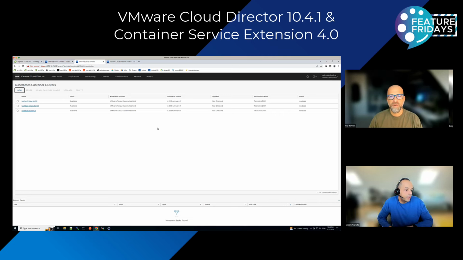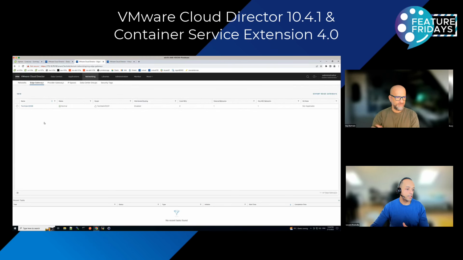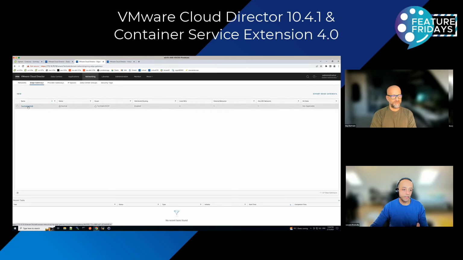So this is here the clusters. One of the things that I want to show you before we show you how to create a cluster is actually the edge configuration here for the tenant, because for the CSE obviously you don't need to have any load balancers created. It's only for the tenant edges. So if you go here for the tenant edge under load balancer, you see it's active, and you see this is here the subnet that I was telling you about. That's the special service subnet, which is actually used as the subnet for the service engine data interfaces.